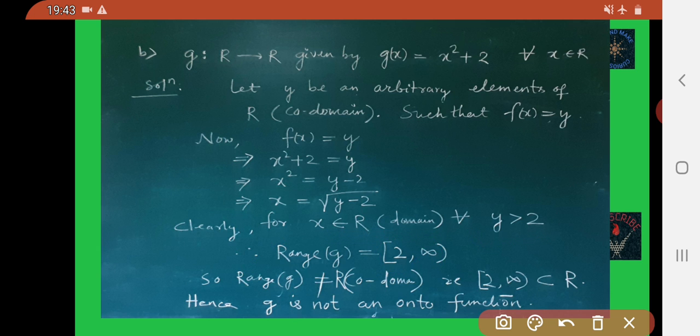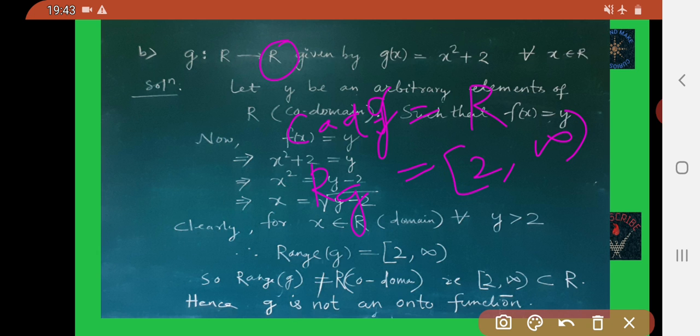Now you see, what is the codomain? The codomain of the g function is R, the real number set, but we have got the range of function g as 2 up to infinity, and they are not equal.